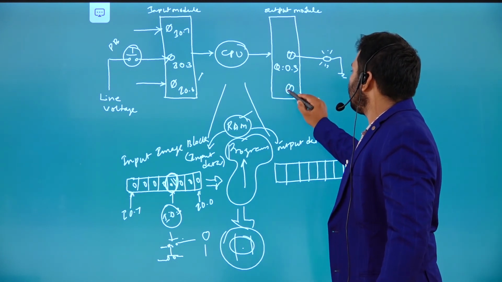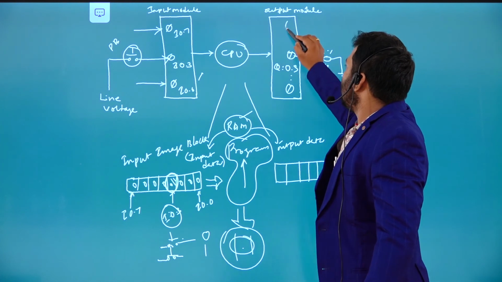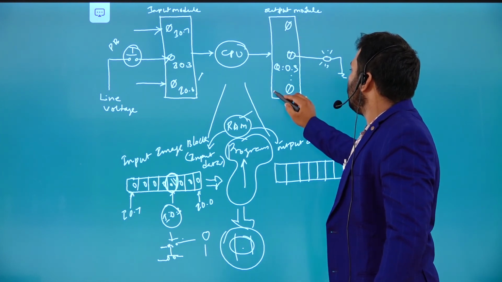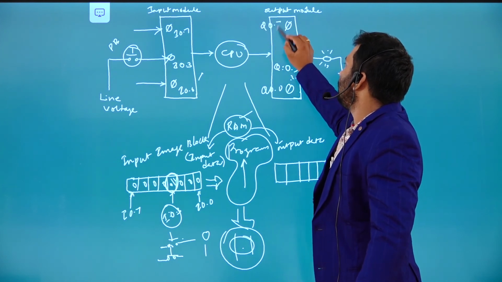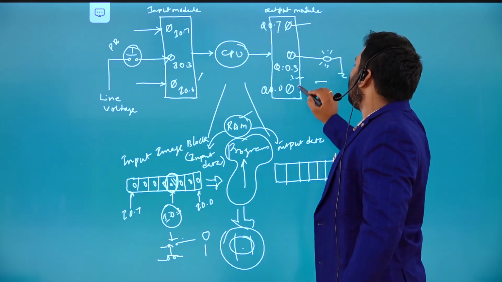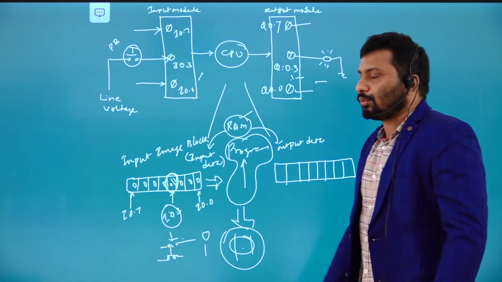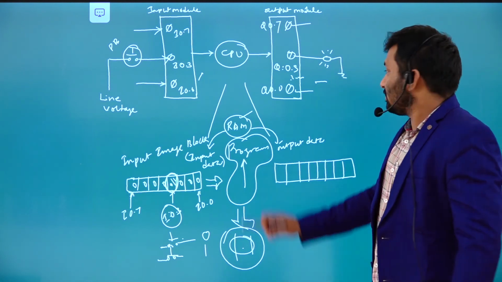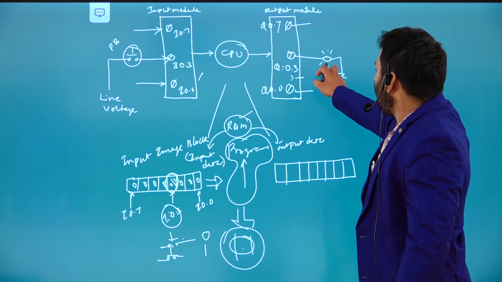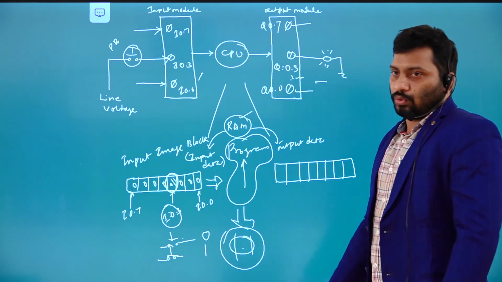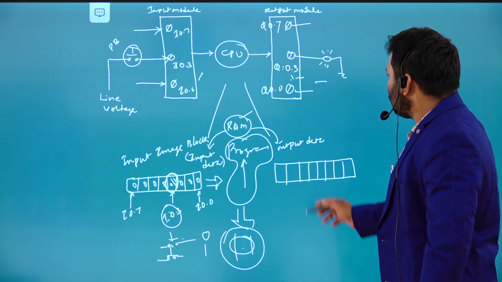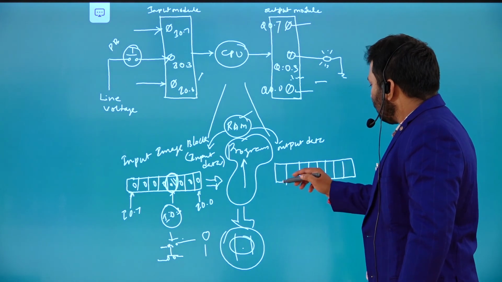Here also we are going to connect 8 output terminals. Their addresses run from Q0.0 to Q0.7. All of them are not going to be connected to any device. Here we connected only one light, to terminal number 4. So that is the reason it may update any data.